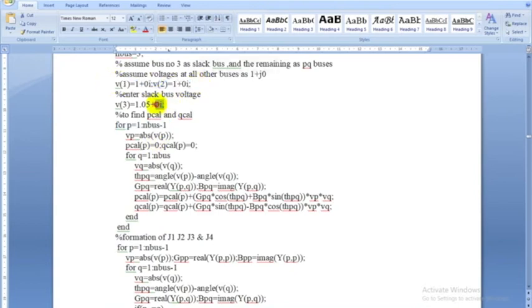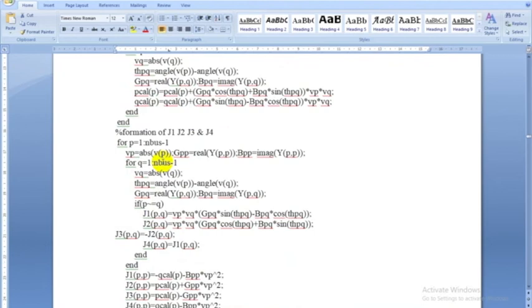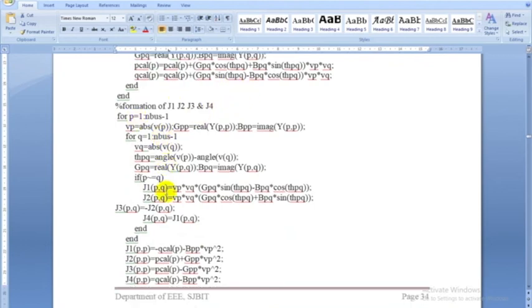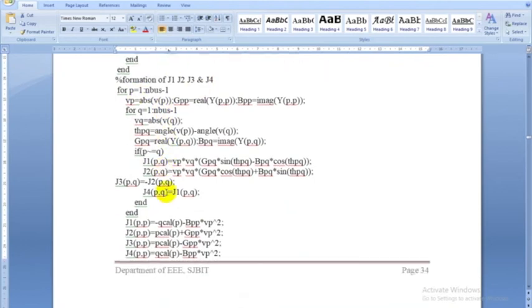First bus is slack bus and its voltage is known, and second and third buses are PQ buses. That value we have to find, that is 2 variables. Okay, and similarly you can have the real and imaginary, 4 variables you will get. So PP and QP you will find. After finding that PP and QP, you will be finding the derivatives of that PP and QP, that is J1, J2, J3, J4, diagonal and off diagonal calculation. See here we have this formula, diagonal element calculation of J matrix and off diagonal element calculation of J matrix.